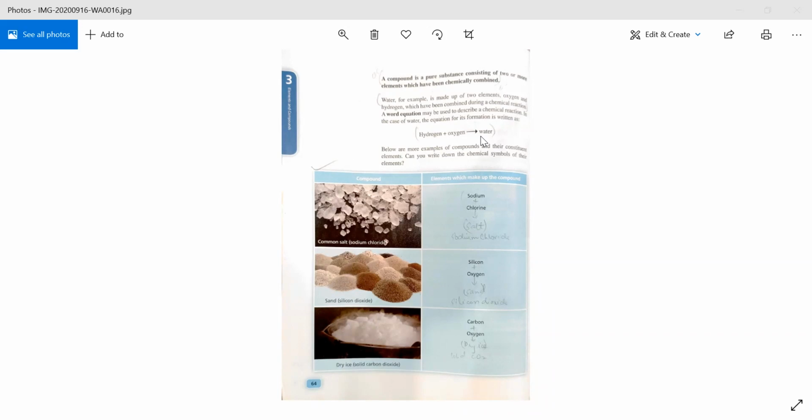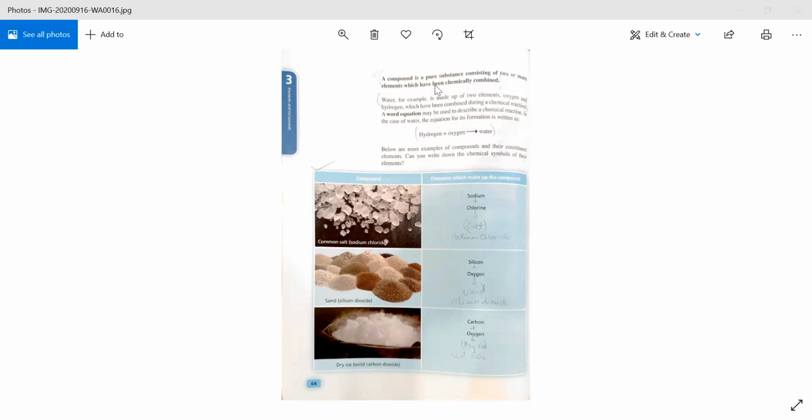And you can say the symbol of sodium is Na. When we studied the periodic table on page number 60, what was the element symbol of sodium? Na. And what will be the symbol of chlorine? Cl. So beta, we can write this: Na plus Cl will form NaCl. Okay, and then we have sand, which is silicon dioxide. When we add silicon with oxygen, it will make sand, or you can say silicon dioxide as well.